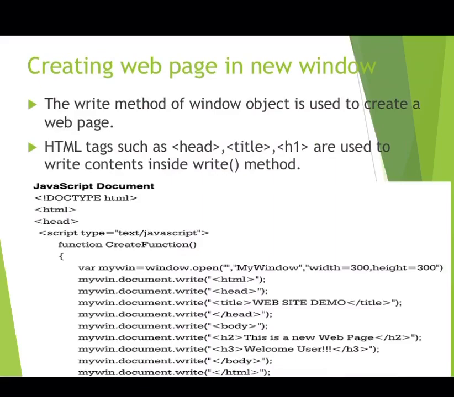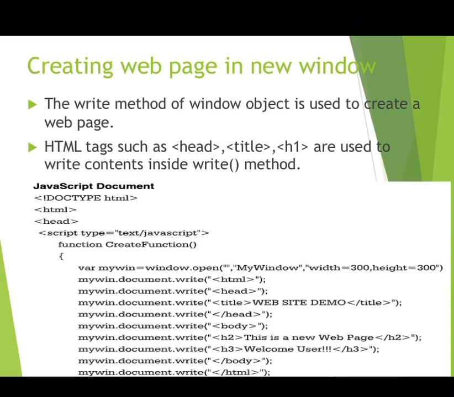Okay, so the last topic is creating a web page in a new window. So here what we are going to do, we are going to create a web page completely in your newly opened window. Okay, so you have an old window, you will take a button on that old window, on click of that button a new window is going to be opened, and you are going to create a web page on that new window. Let's see the output first, then we'll see the code.